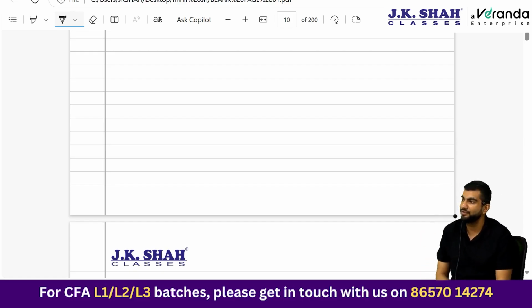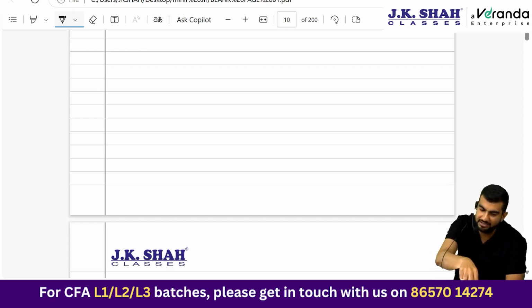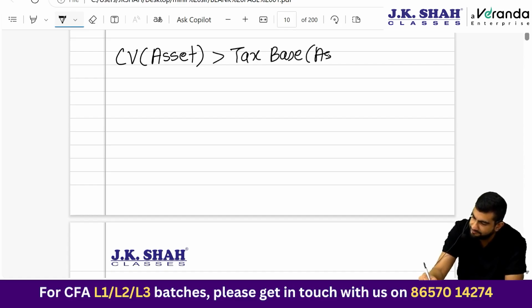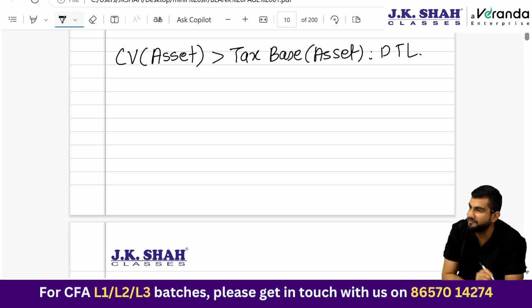And we had discussed one thing, tax loss carry forward always results in what? DTA, because it is going to give you future benefits in the form of a set off against your future taxable income. There were two methods of determining DTA, DTL. The second method is more appropriate, the carrying value and the tax base method. You have to just remember this one thing, whenever carrying value of the asset exceeds the tax base of the asset, you record what? DTL.